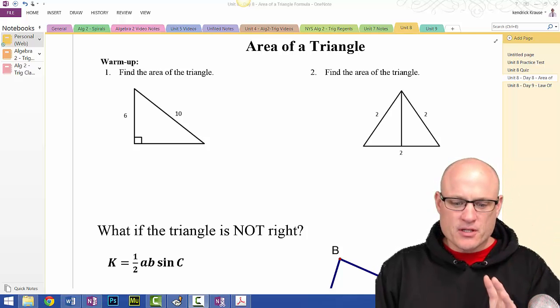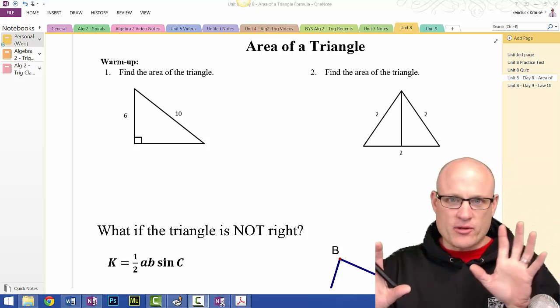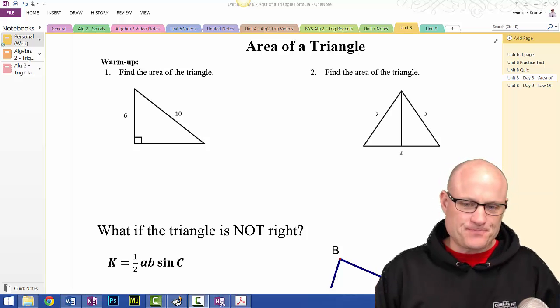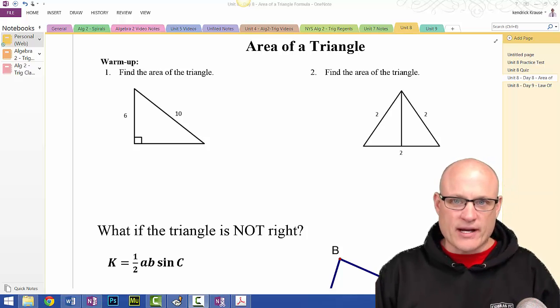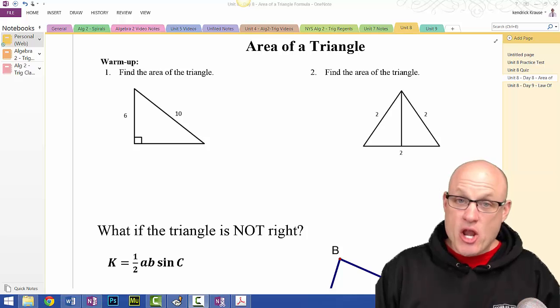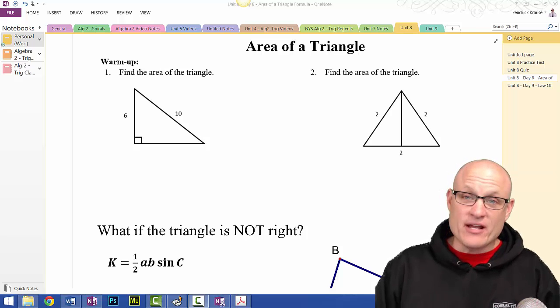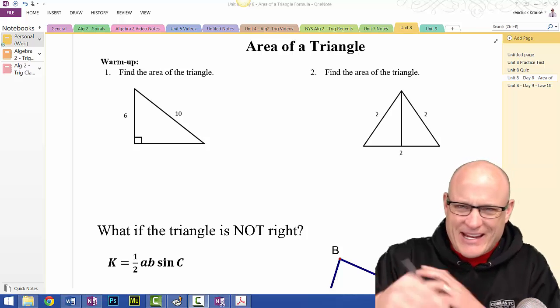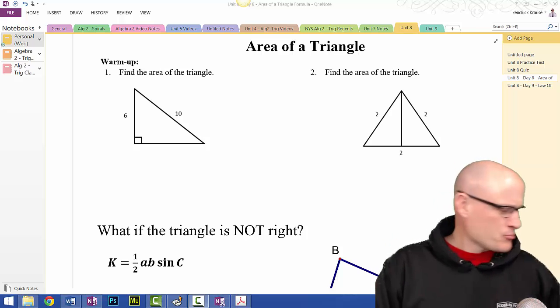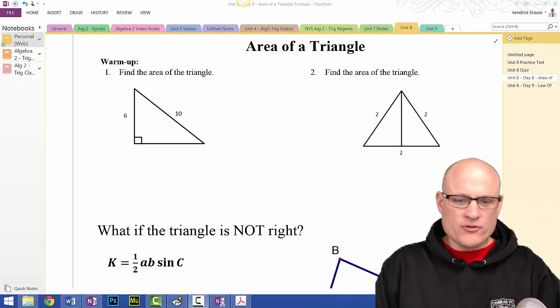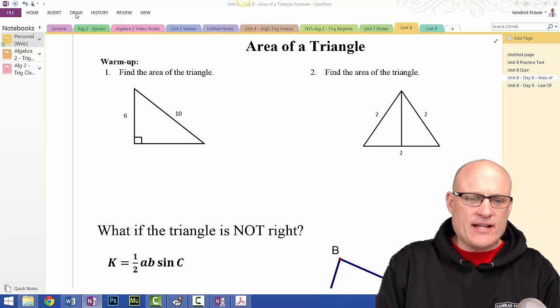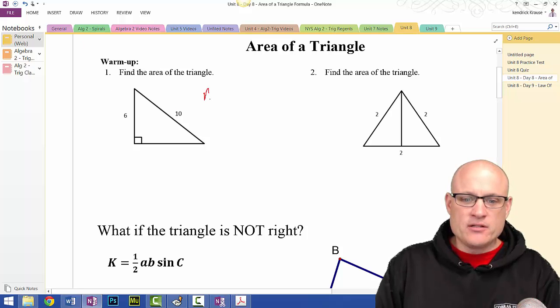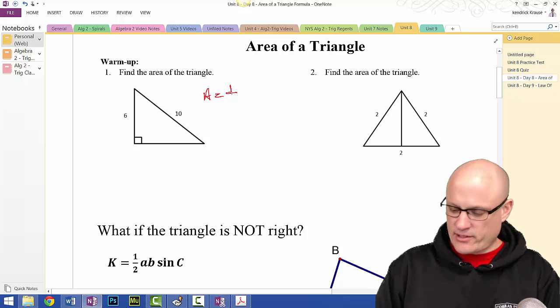So, let me lay out the premise of what's going on here. Got a triangle. You need to find the area of it. No problem. I learned that in 5th grade. Maybe 4th, maybe 3rd. I don't know. Way down there in the elementary building. So, you say to yourself, that's easy to do. That's not a problem at all. I can do that. Area equals